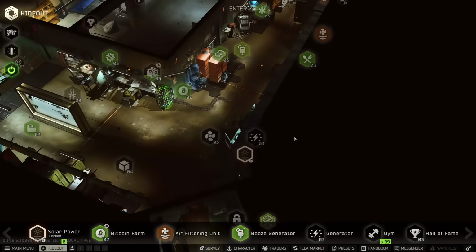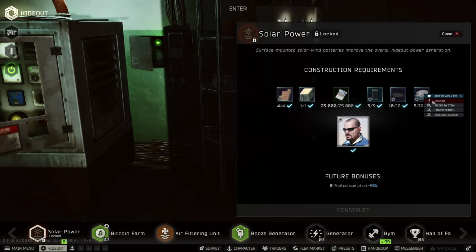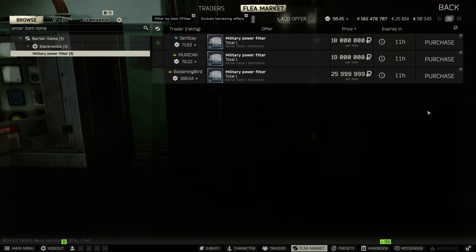So if you can't find them by typing it in the search bar, go to your solar power and just find them here. That's if there's none on the market. So obviously you don't want to pay 18 to 25 million for a military power filter. I certainly don't. I haven't purchased a single one. The 5 that I do have, I found all of them on reserve, which we'll get into in just a moment. But to find these a little bit cheaper, maybe around the 2 to 5 million range, if you do want to pay for them,